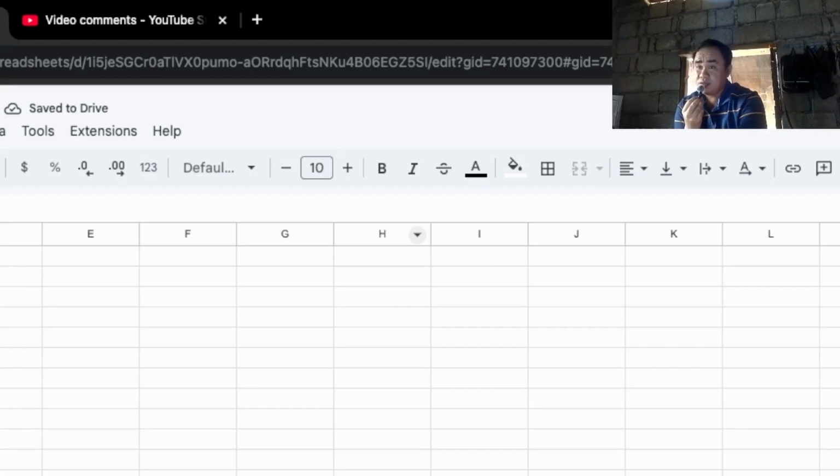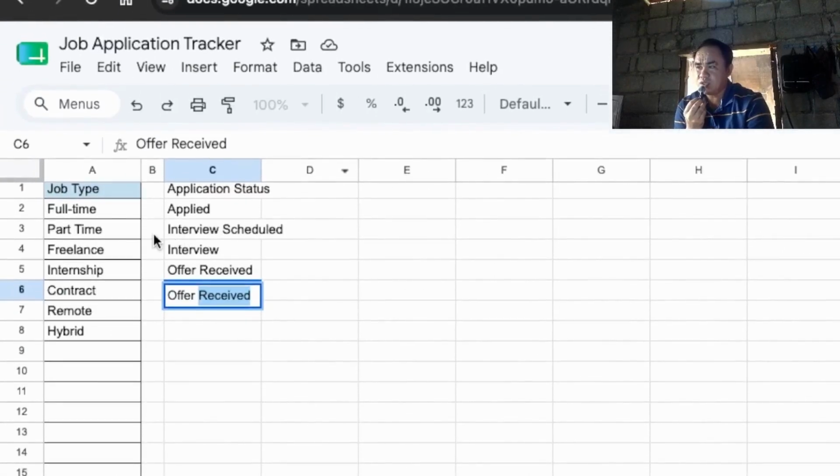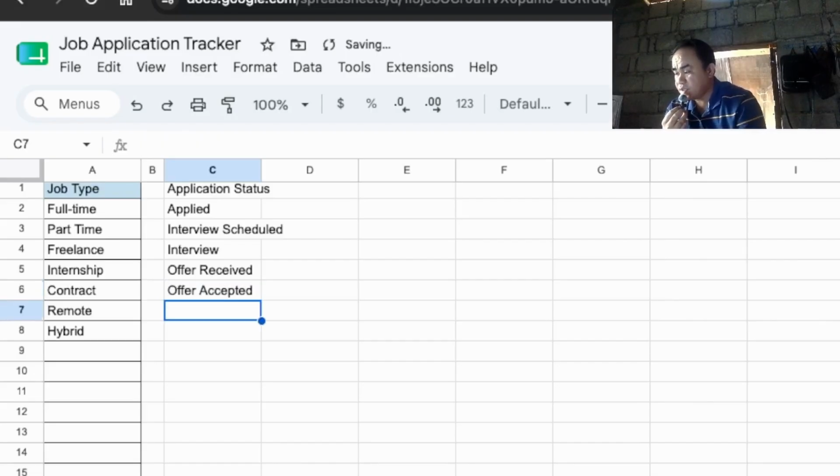So for example, guys, you have applied to a lot of jobs. So you receive an offer, so you change the status. If you accepted the offer, then change it also, then offer accepted, then offer declined.